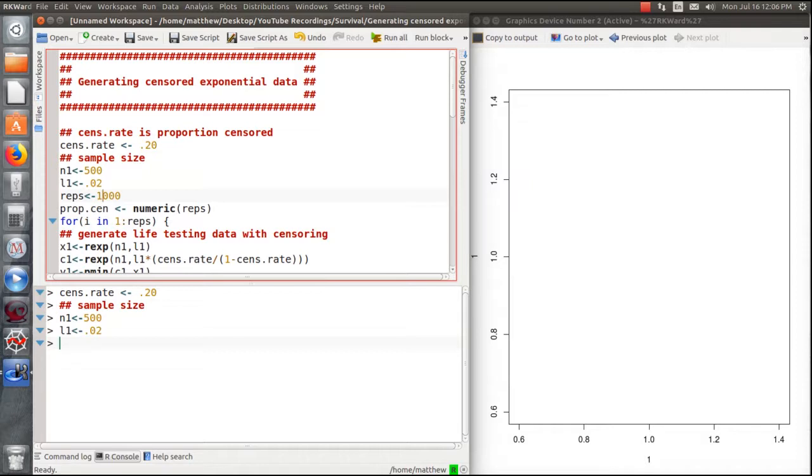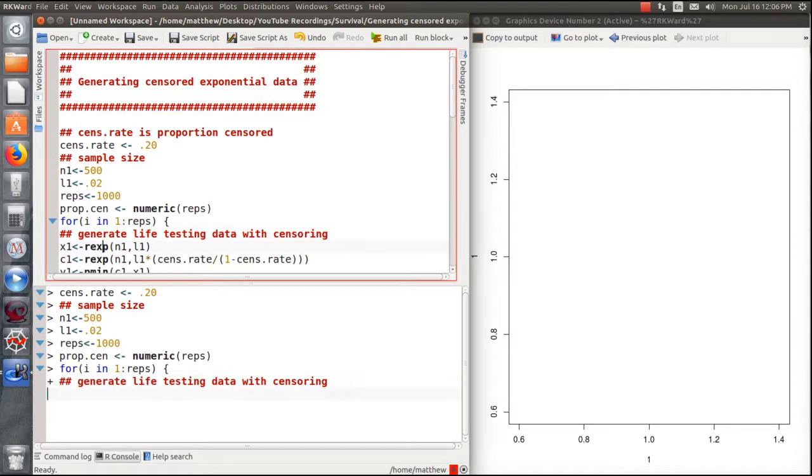And we're going to do a little simulation of what the proportion is each time. We're going to do this 1,000 times and collect them in this vector called prop cens, which is the proportion of censoring at each rep. We're going to rep this 1,000 times. Here x1 is our failure times,